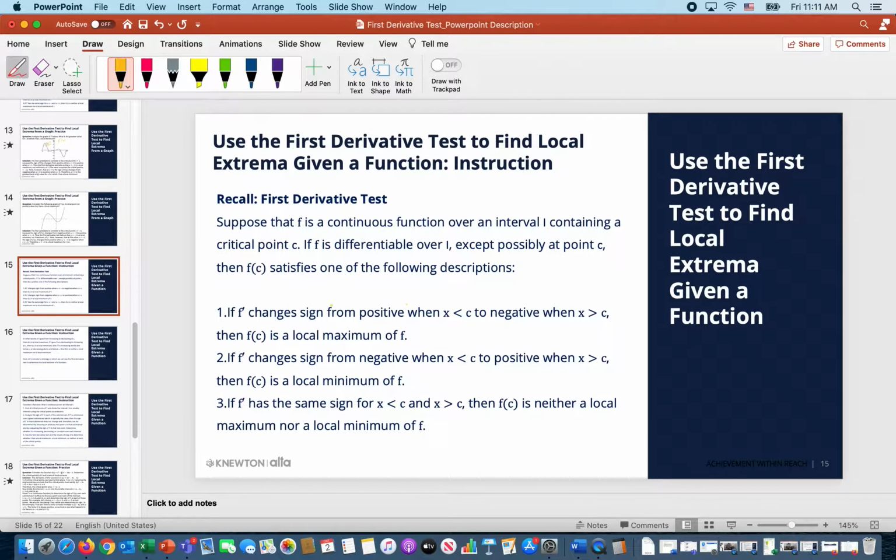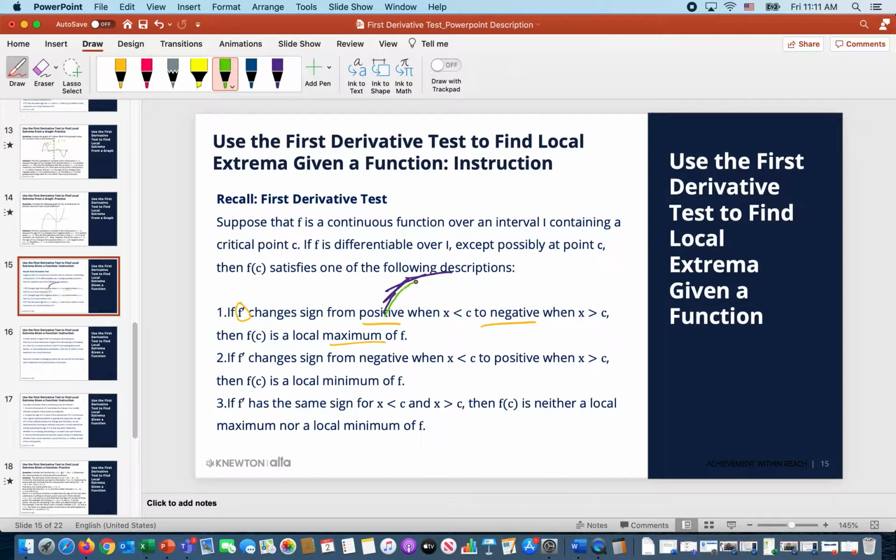If the sign changes from positive to negative, we have a maximum. Now, the sign that we're referring to is the sign of f prime. I need you to understand that when we talk about f prime, we're talking about the slope of this line. This is a tangent line. So if we have tangent lines that look like this, or this, or this, then you can see how those tangent lines would generate a curve that might